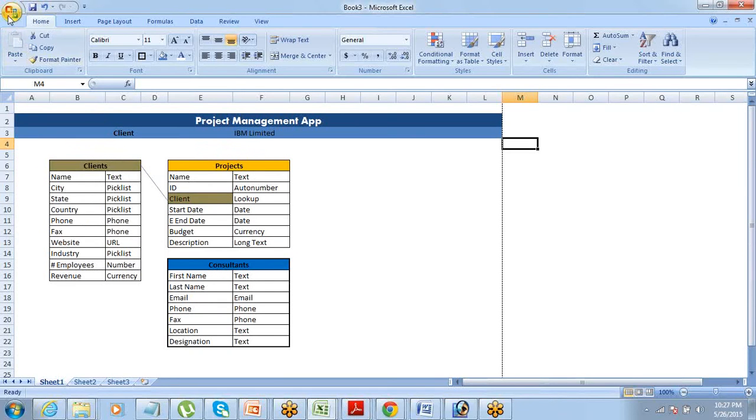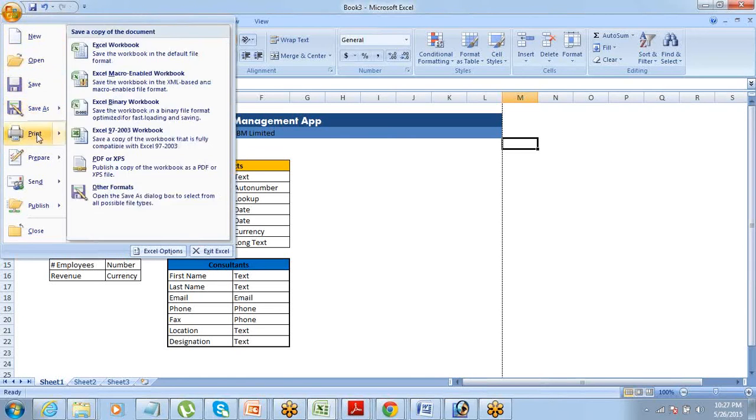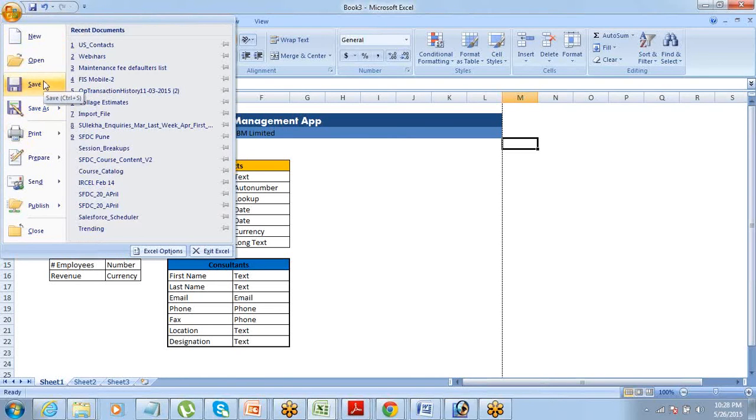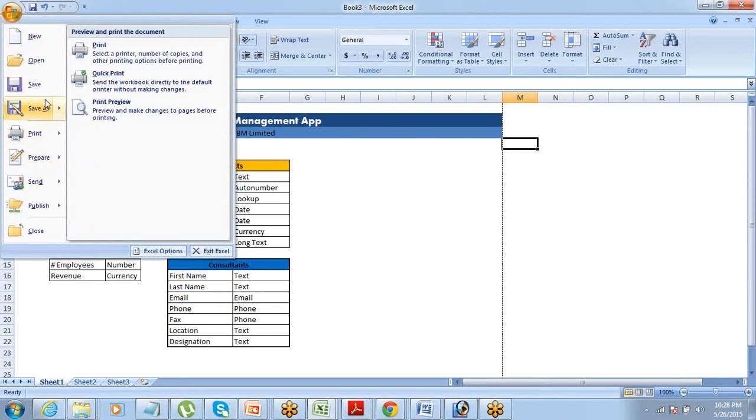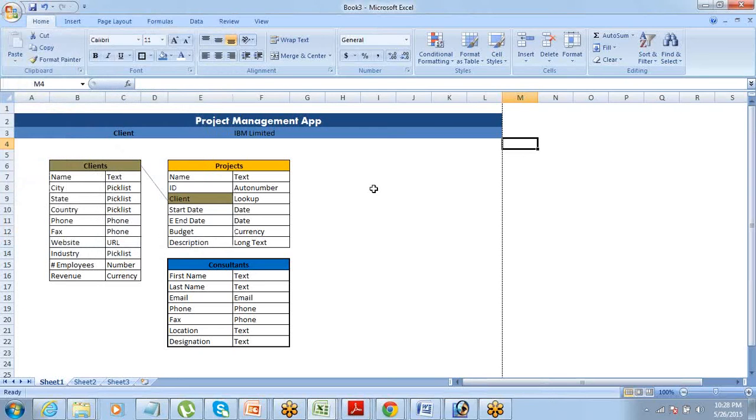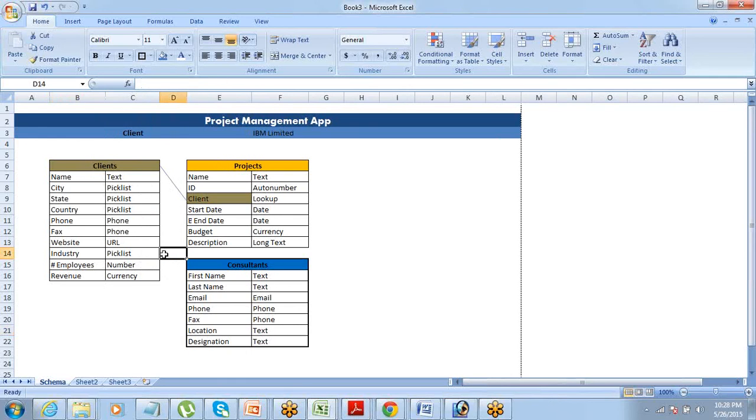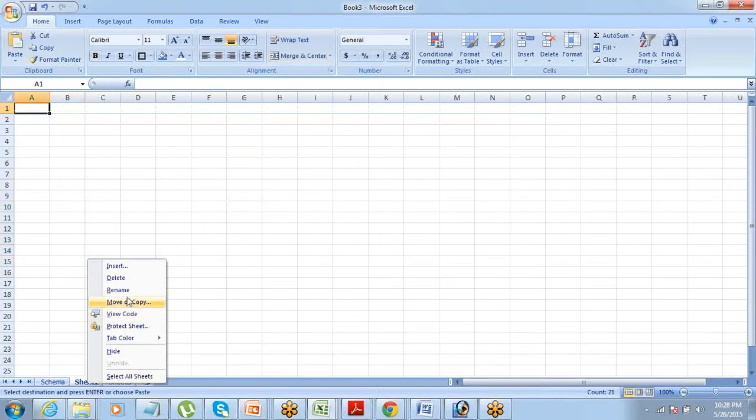All right. So once you've got this kind of a page, you can do a bit of styling on this, whatever you require, and then finally you can go ahead and save this page as a PDF, right? So it looks more professional to share this kind of thing in PDF format with the client. All right, that's fine. So this page, what did you call this page? We called it schema. So this is going to be the schema page, master page. All right. Now this is just holding the schema, not the details of all the objects. There will be multiple things for each object. Now what you have to do, you just have to copy it, create one page for each object.